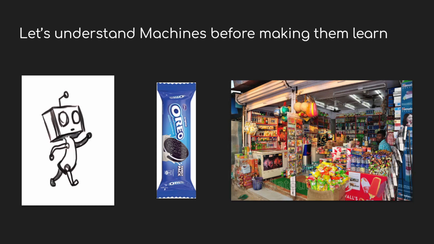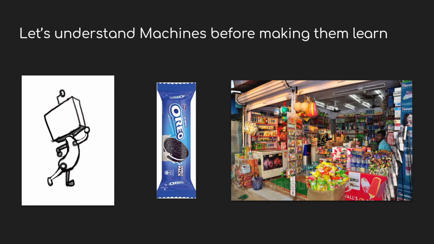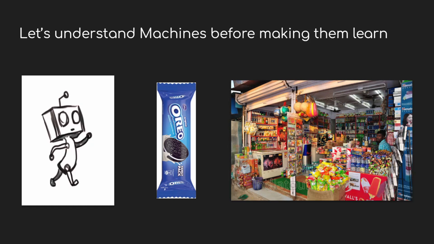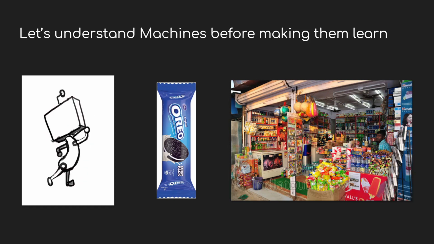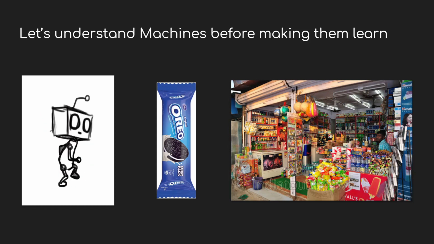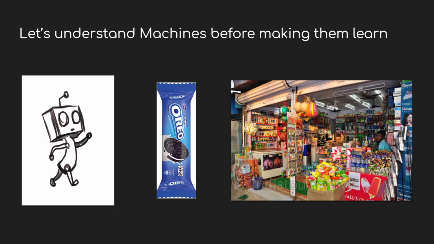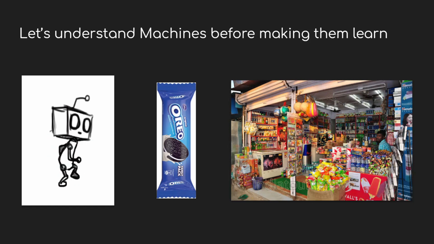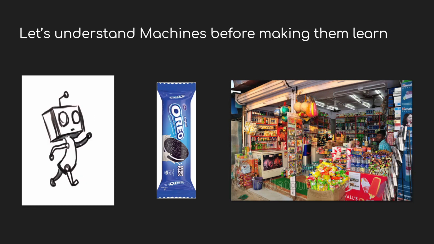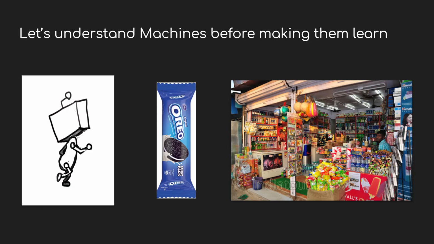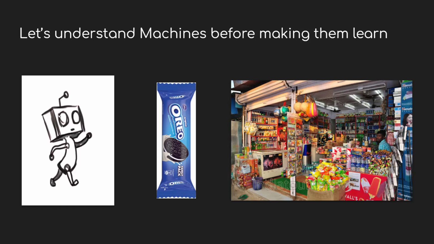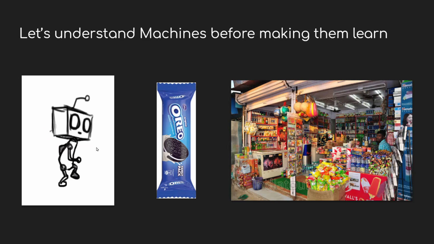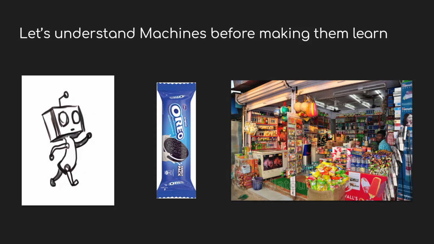Before understanding machine learning, let's understand how computers work, that is, how machines work. Machine in the sense of computers. I know you already know this stuff, but I am putting it in a different way. If you understand this point, it becomes very easy for you to understand machine learning. So bear with me. You may be blaming me or scolding me for taking a very raw example, but have patience for 2 minutes. Imagine there is a baby computer. I am talking about a computer in a very crude form, like a 2-year-old computer baby.